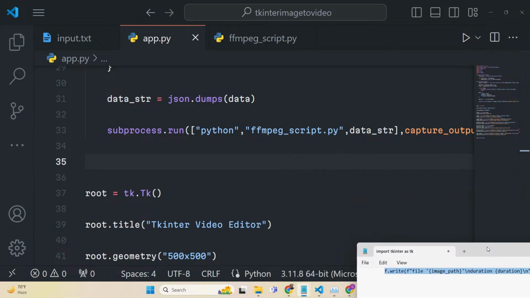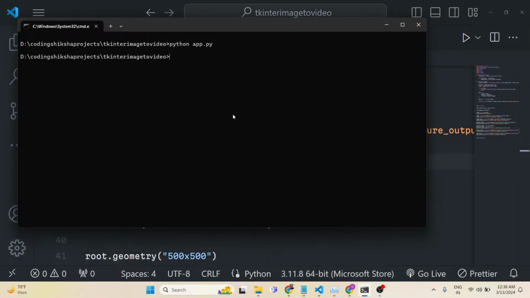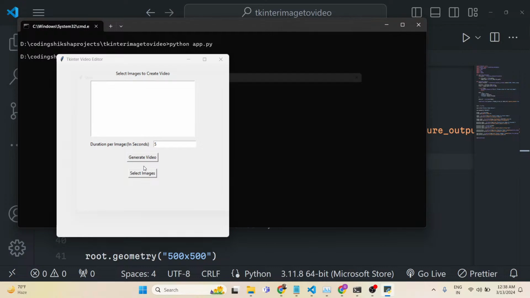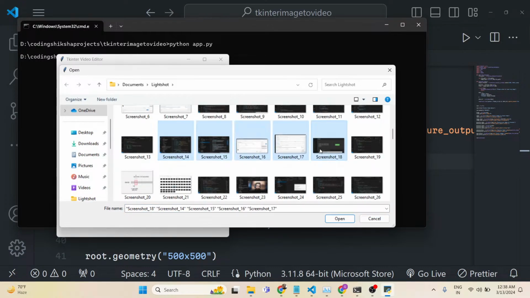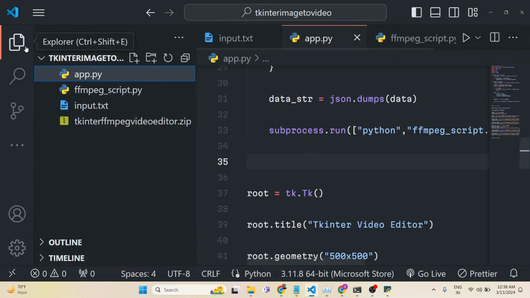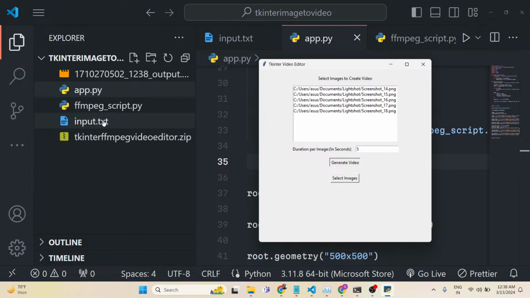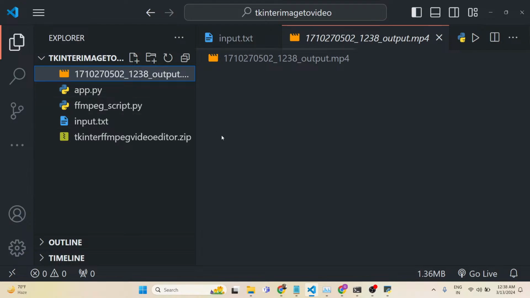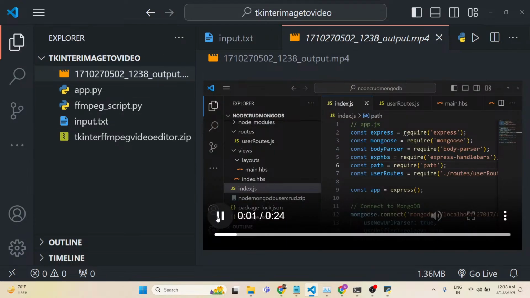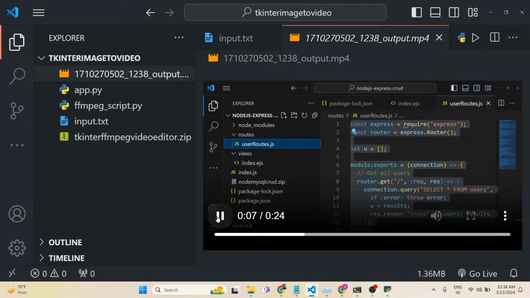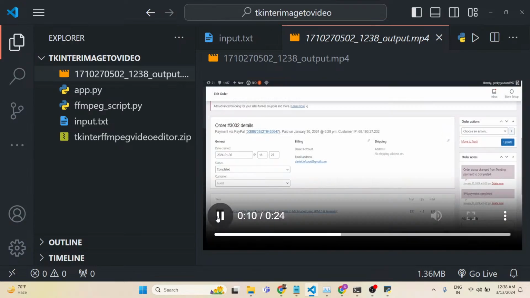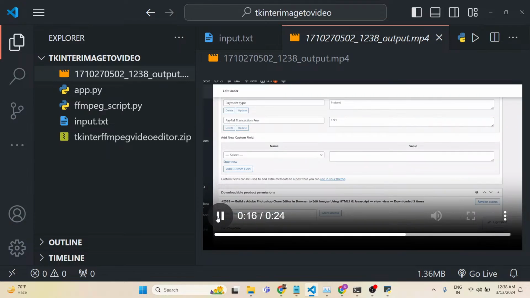Now if I want to run this file, python app.py. So I selected these images, and just make sure that on the left hand side, if I click the generate video button, a file will be created, guys. You will see that firstly it created this file input.txt, and now it created this video. Each image will appear for 5 seconds. So it's a slideshow, it has been generated. Each image appears for 5 seconds, and you can take unlimited images